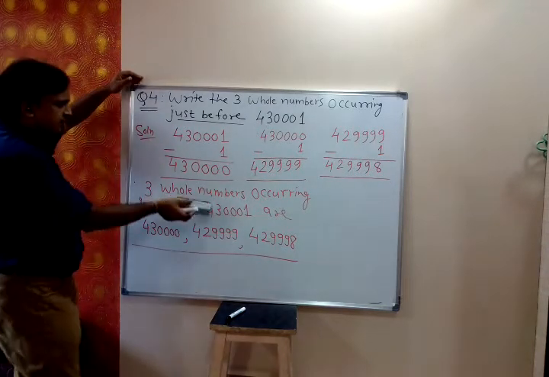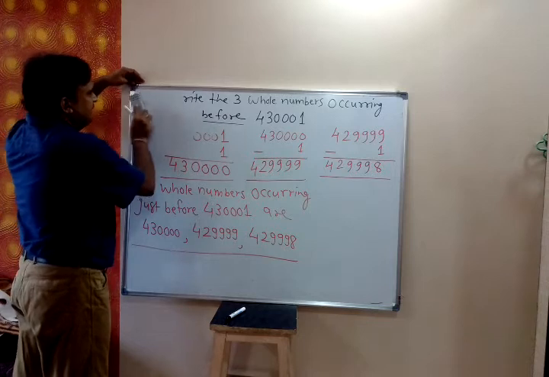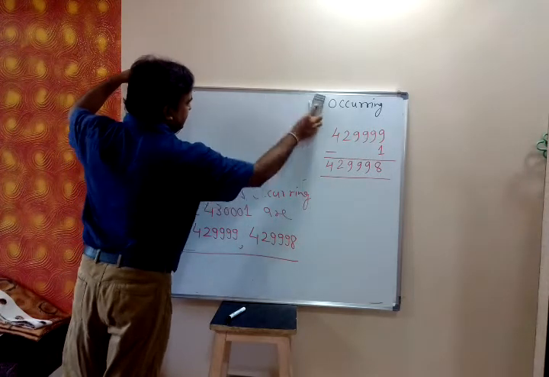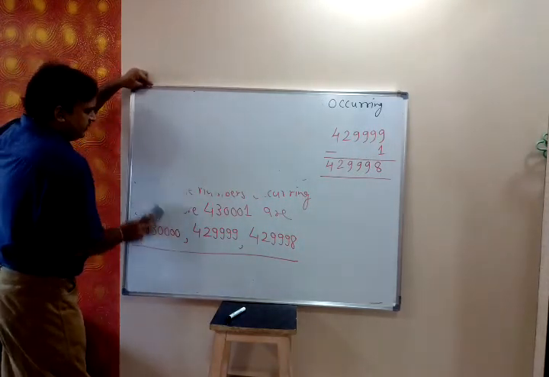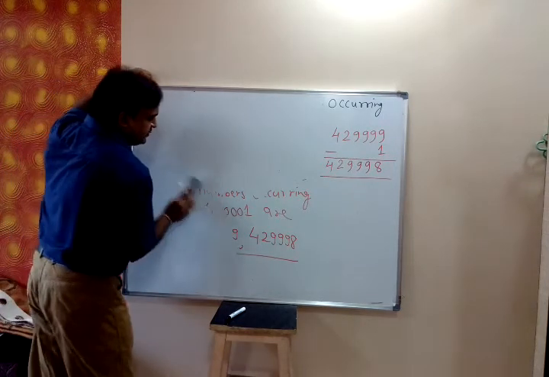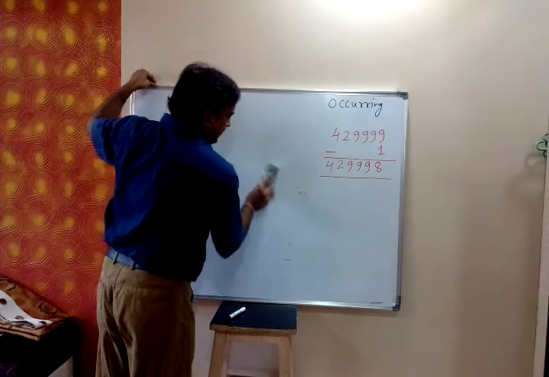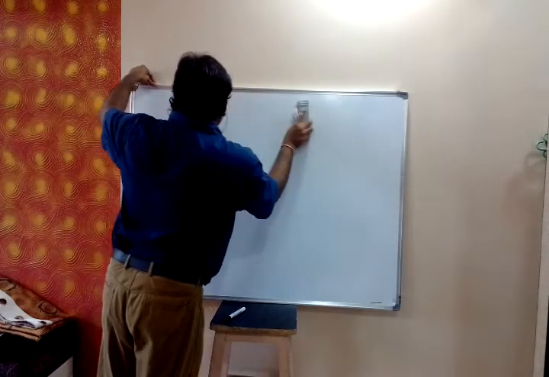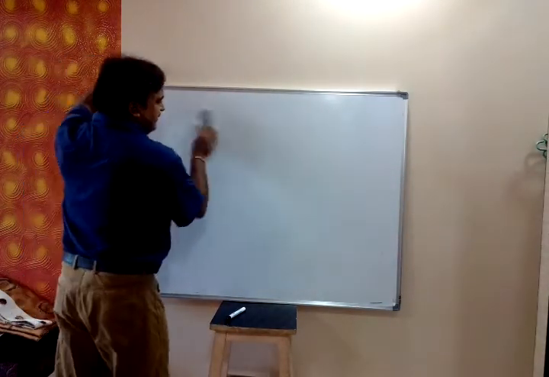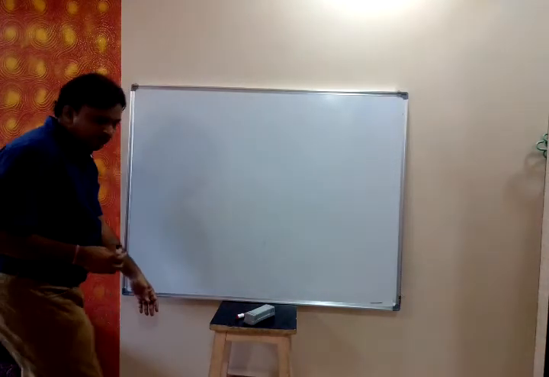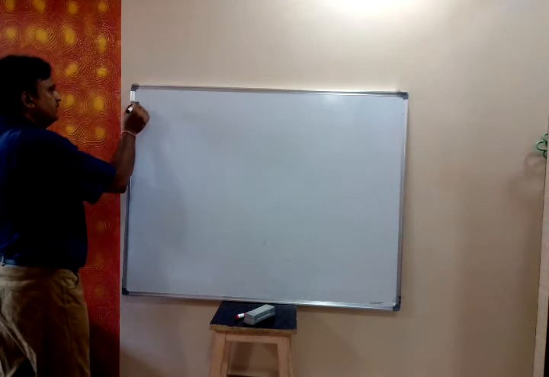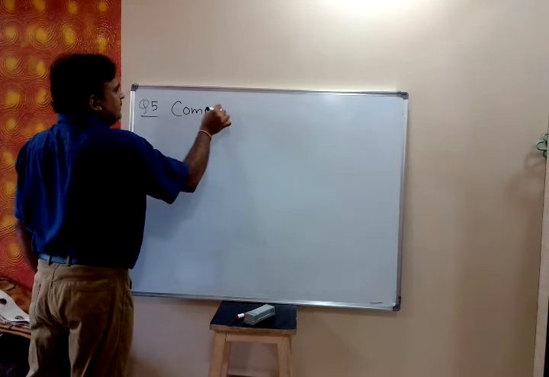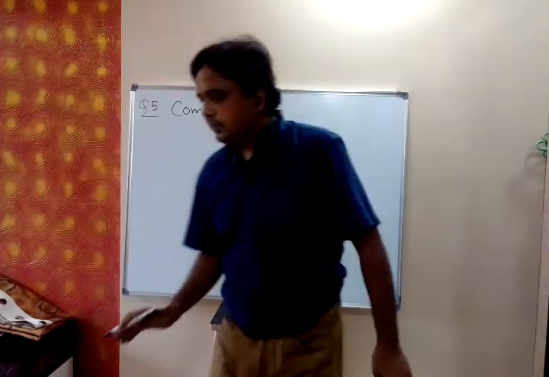Now completed. Enough time I had given. Now let us solve question number 5. Meanwhile, we are writing the question. Let me first discuss what that question is. We are writing the question, so it is taking time. So I have asked you to arrange the book as early as possible so that our time is saved in writing. So now question number 5, compare the following. Compare the following means which is greater, which is smaller, that you have to decide.